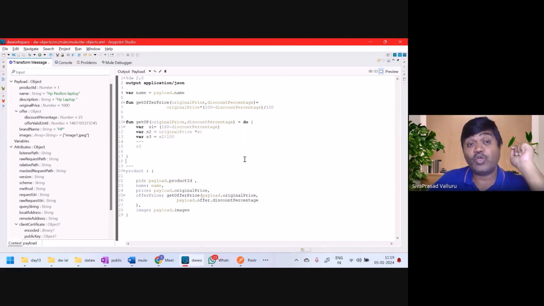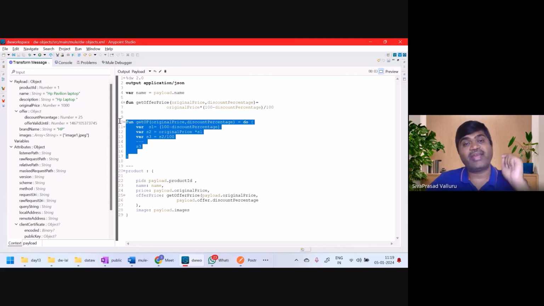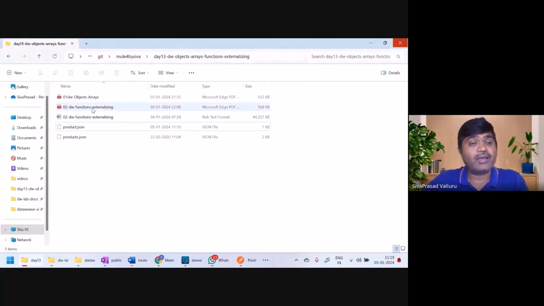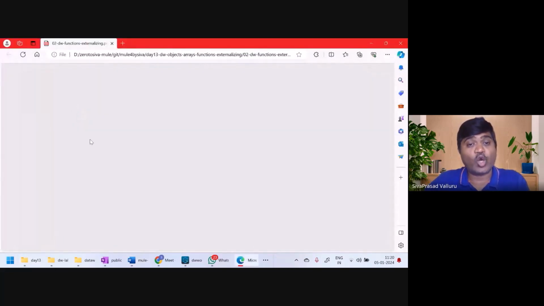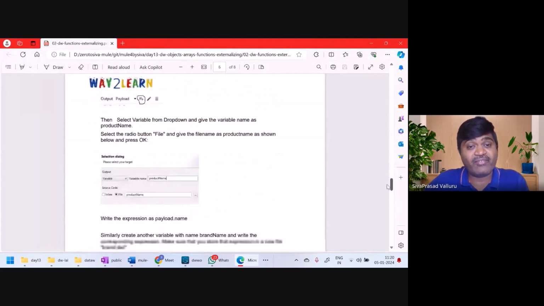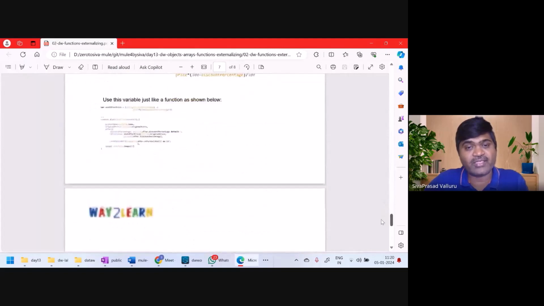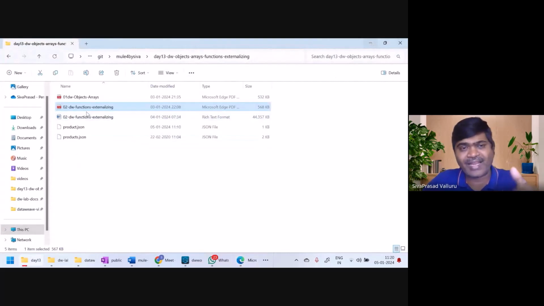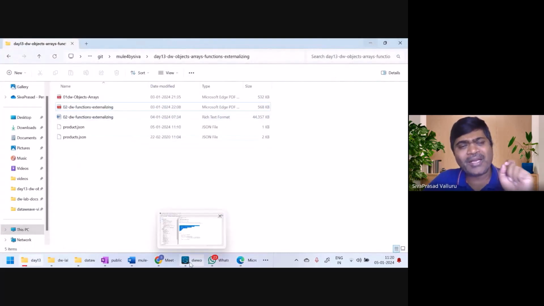So now you understood how to create variables and also how to create functions. So we completed up to this. Now here you have the second document, where I have clearly documented all the steps, whatever I have discussed, how to create functions and all, everything is defined here. Before that, you have to practice this, but one more important thing I will tell you: